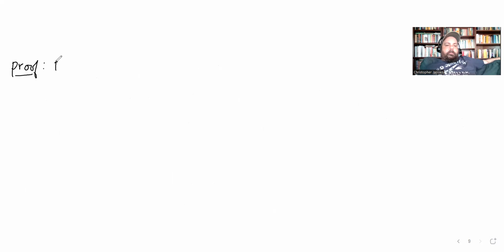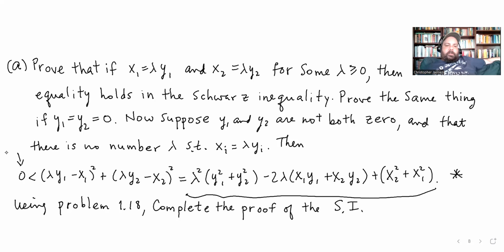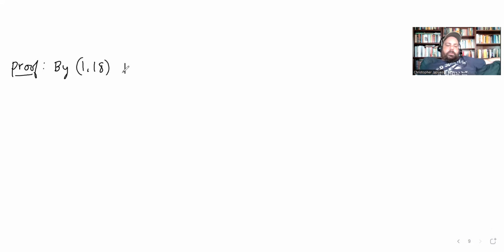By 118, this inequality, the fact that it's greater than 0, hopefully you guys know what I'm talking about. This inequality, right? This polynomial is always greater than 0. By problem 118, I'm not going to rewrite this whole thing over. Is true, implies